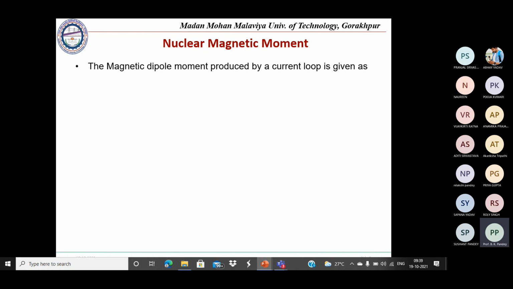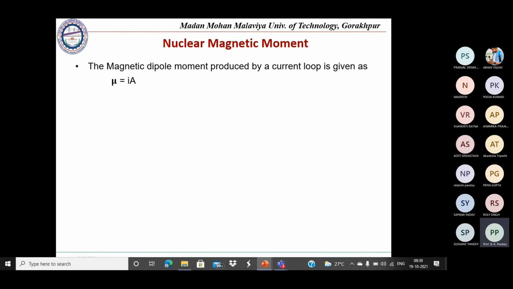For example, we have the electron revolving around the nucleus and that is causing the loop, that is the current, around which there will be a magnetic field. If an external magnetic field is applied, then there will be an interaction between the nuclear magnet and the external magnet, and consequently we will have the different parameters which we wish to discuss here.